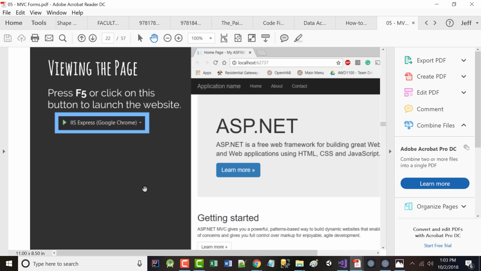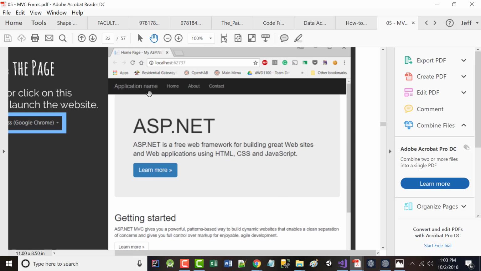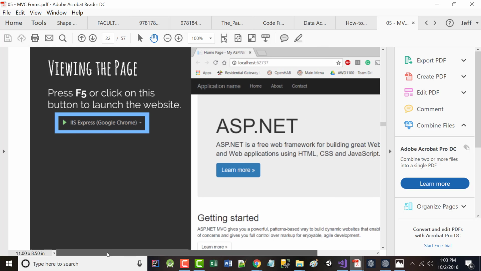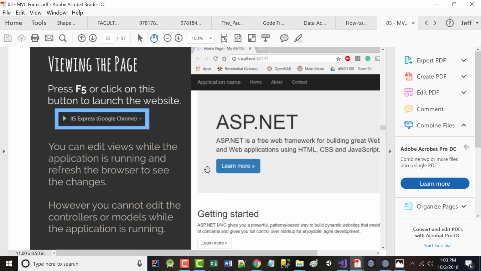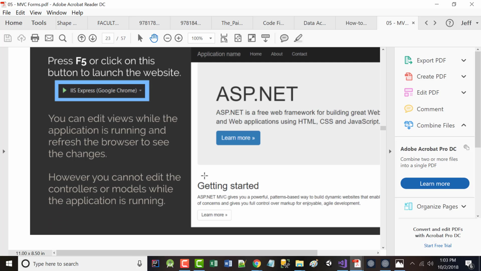To run the program, typically you click the green arrow right there. Again, nothing new there. This is new, and I want to make sure you see this. This is slide 23. Look on the screen, please. If your program is running,